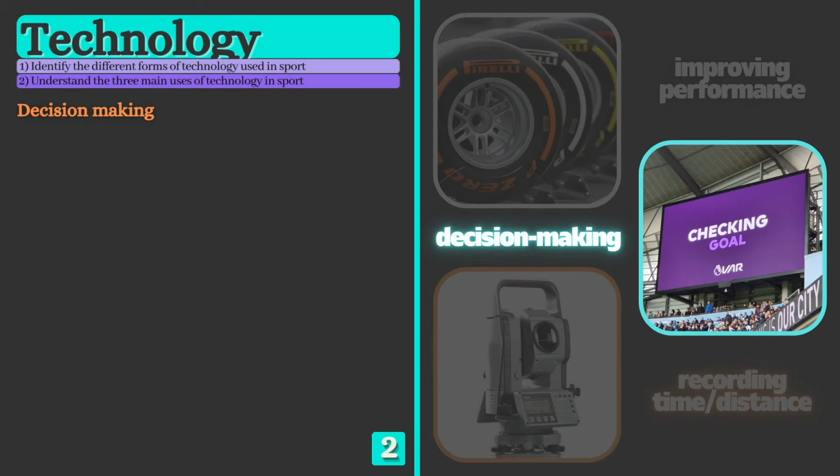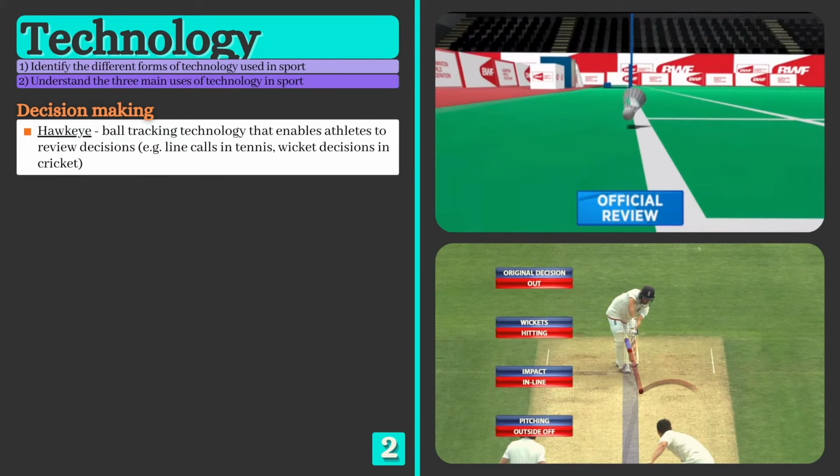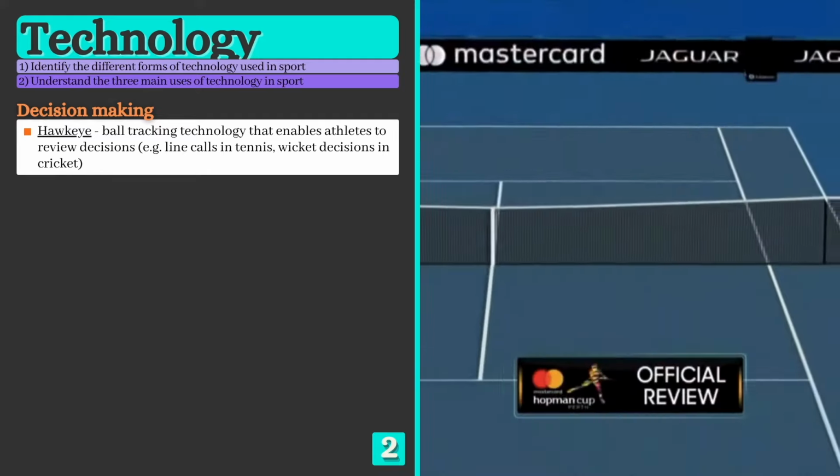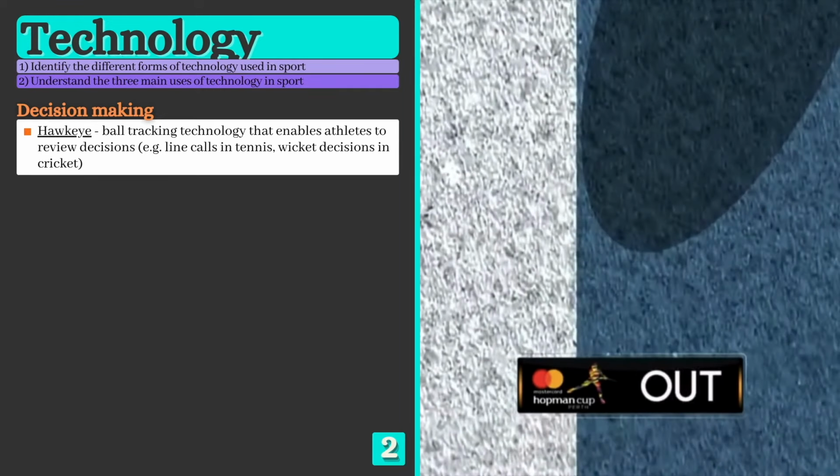The second way in which technology is used in sport is to assist officials in making decisions. Ball tracking technology, or Hawkeye, is a complex computer system that predicts the trajectory or flight path of an object. It's used to determine whether a shuttlecock landed in or out in badminton, or if the ball would have gone on to hit the stumps in cricket. In tennis, players are given a limited number of chances per set to refer to Hawkeye and challenge the umpire's